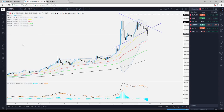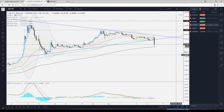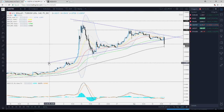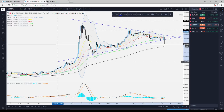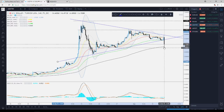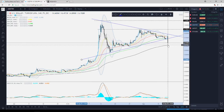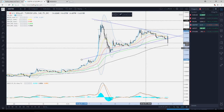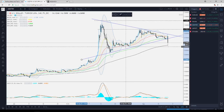Let me just actually jump into a 4-hour chart on this one quickly, and we can see that it was trading here above this, well, probably I would call it more of a tentative upside support line. We broke it nicely to the downside, and it met its support near the 200 EMA here, shown on the 4-hour chart as the black line. And that level was approximately, let me just quickly highlight that for you guys, and that level just fell shy of